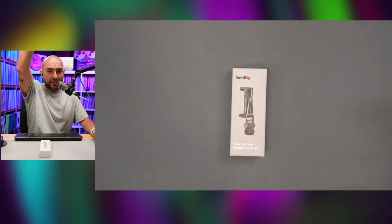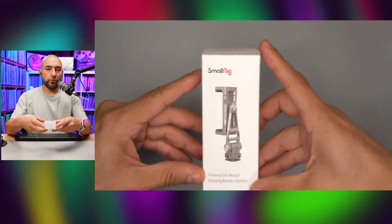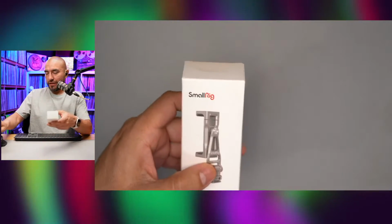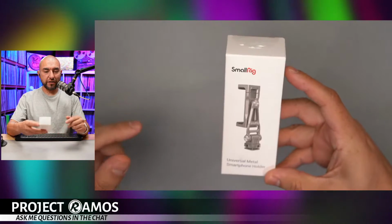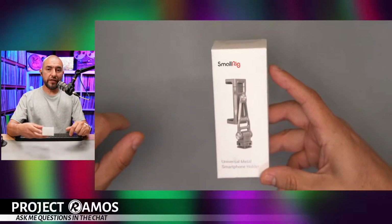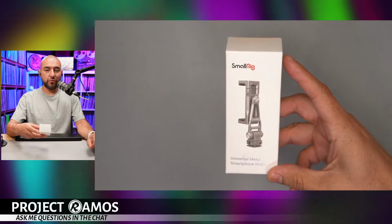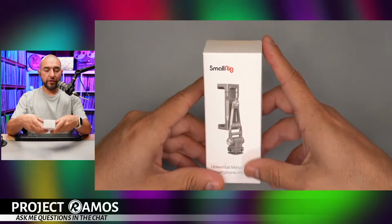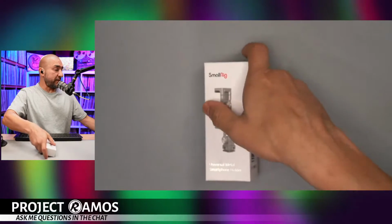So let's go ahead and move over to my overhead cam here. Let me get this guy zoomed in a little bit. All right, so what this is here is a smartphone holder. It's made by Small Rig. I'm a big fan of Small Rig products, and as of late, I've been bringing in some Small Rig devices. I recently opened up an RGB pocket light that Small Rig just put out, and so far that light has been really good. So this one is something I wanted to bring in to check out, and the reason is,